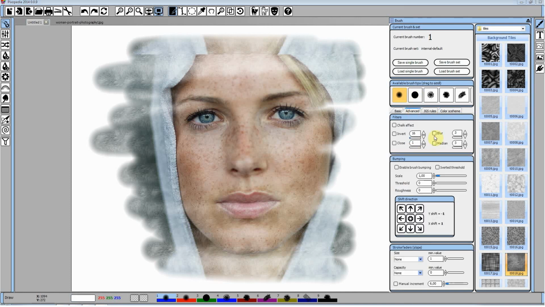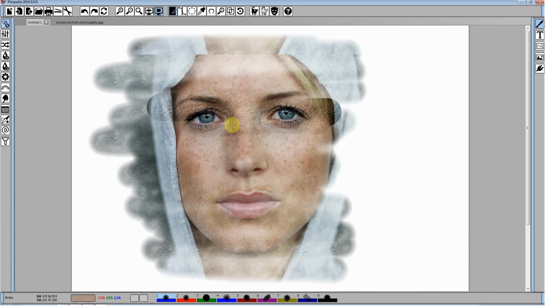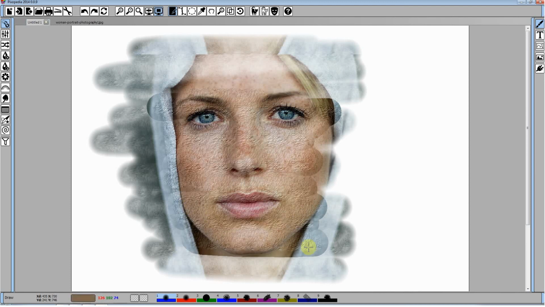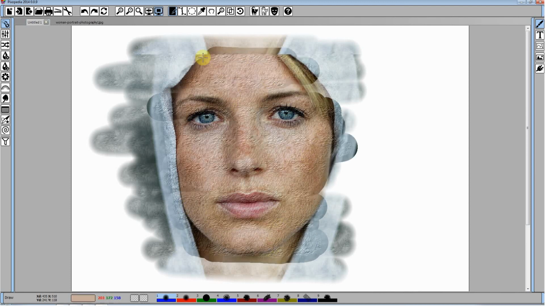We can actually show something that will be covered in the next video episode. That's brush bumping. So we can use something that will give us a 3D look. That's a picture,